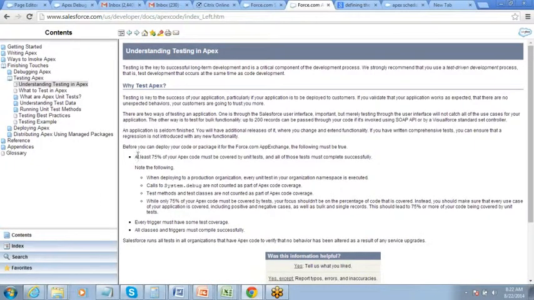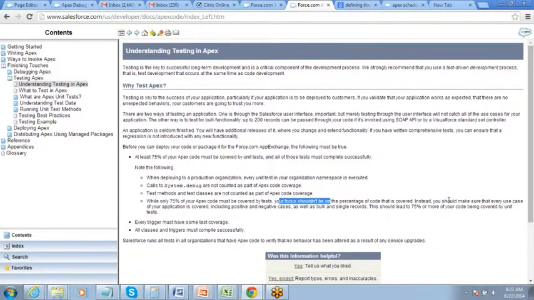At least 75% of your Apex code must be covered by unit tests, and all of those tests must complete successfully. Yeah, so tests should complete successfully. Then only when deploying to a production organization, every unit test in the organization namespace is executed, right? While only 75% of your Apex code must be covered by tests, your focus shouldn't be on the percentage of code that is covered.